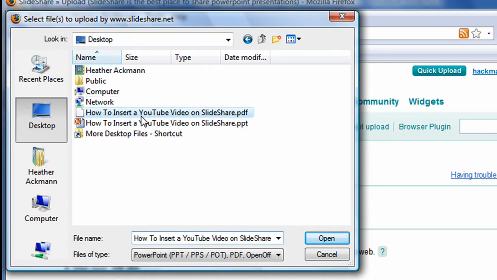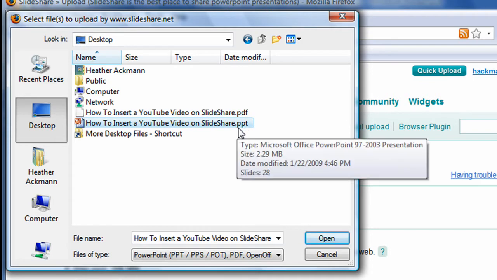And you can see here I've got 2 presentations, how to insert a YouTube video on SlideShare. One is saved as a PDF and one is saved as a PowerPoint 97 to 2003 presentation. Keep in mind, SlideShare does not accept PowerPoint 2007 file format, so be sure if you are using PowerPoint 2007 like I am, make sure you save it to either a PDF or an earlier file format like the 97